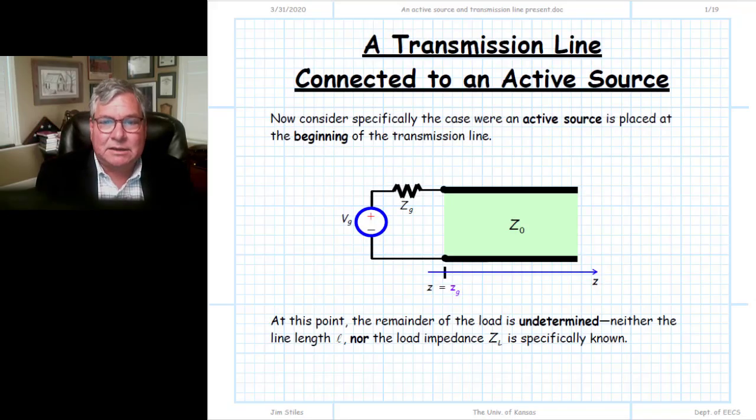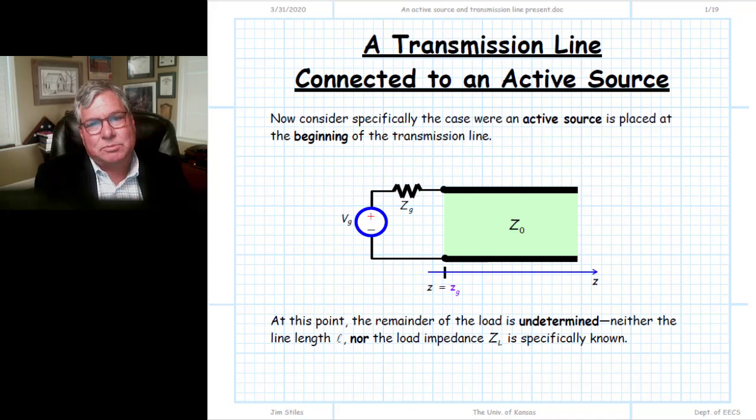We have certainly spent a great deal of time studying the structure of a lossless transmission line with a passive load attached to the end. We went through and applied boundary conditions and found the solutions with respect to the telegrapher equations. We then looked at many special cases in terms of the load, real, imaginary, and so forth. We looked at special cases of the transmission line length and its effect on the input impedance, the resulting input